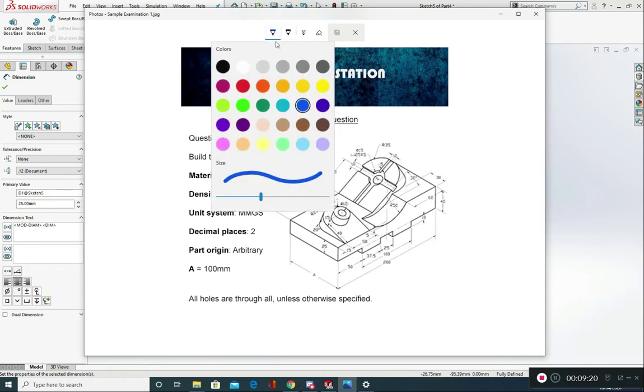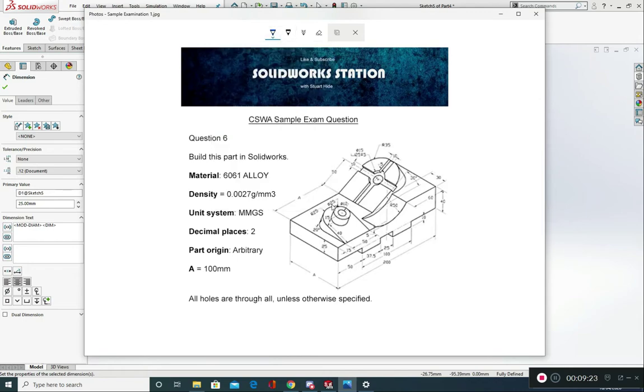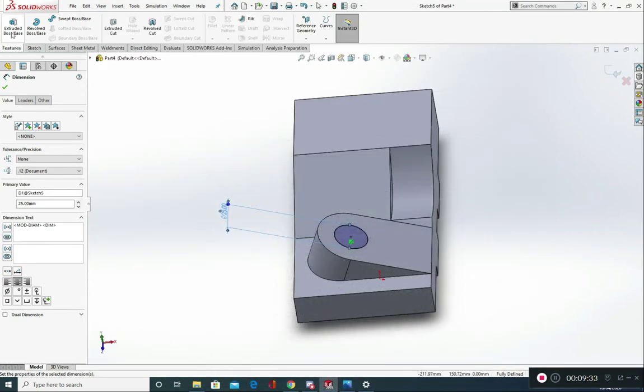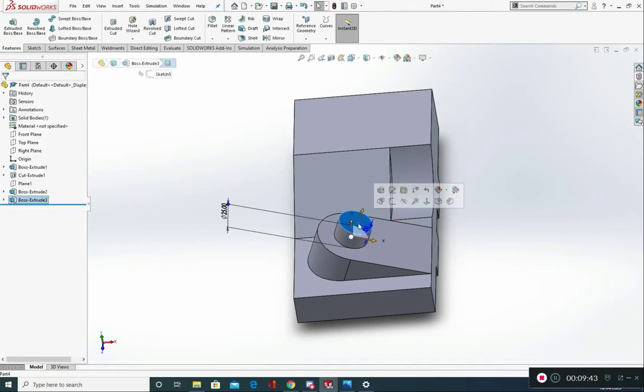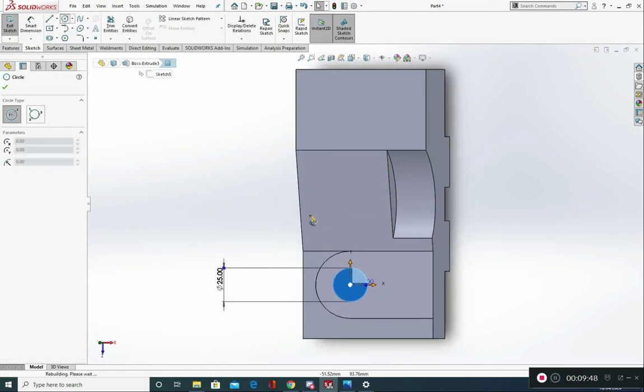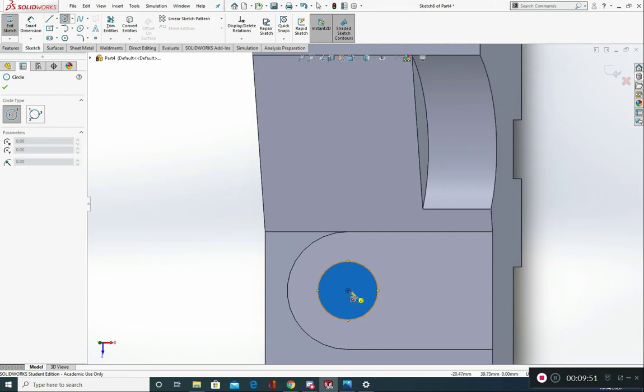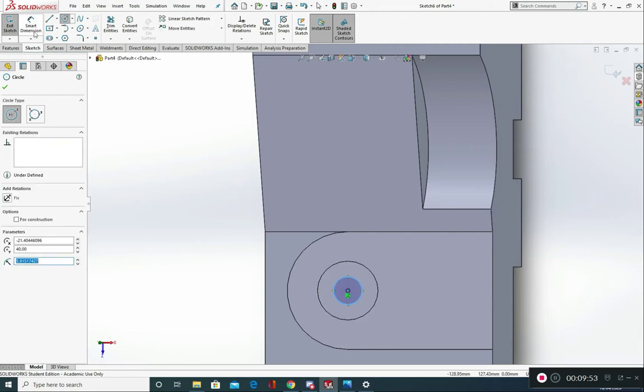Let's just clear this off so we can highlight what we're doing. So we're using the 25. We're going to be using this diameter 12, and we're going to be using this 15. Okay, so extrude, blind, 15. And green tick that. And then we're going to sketch on this surface. So we'll click on the surface, we go normal to, and we sketch a circle. Hover over this point, we get a center point. This needs to be 12mm diameter,